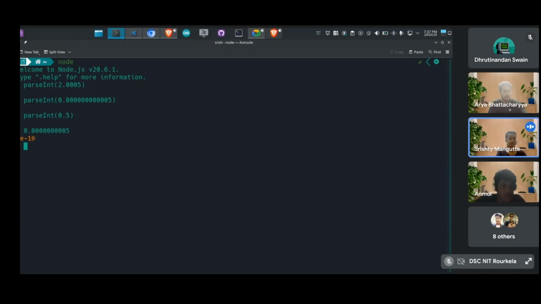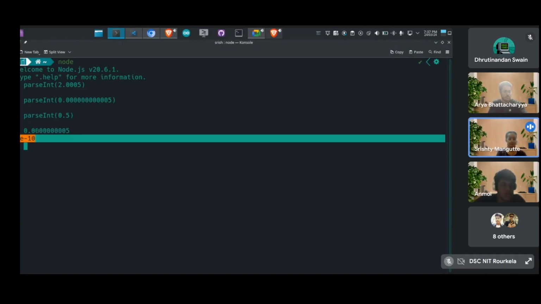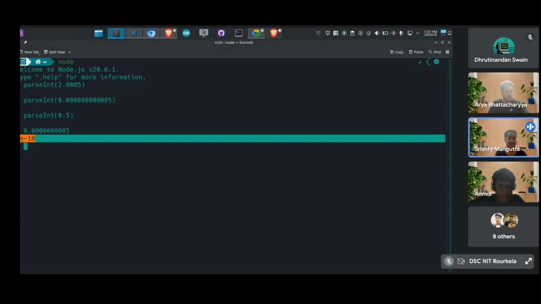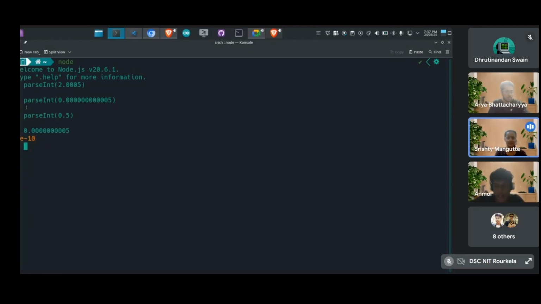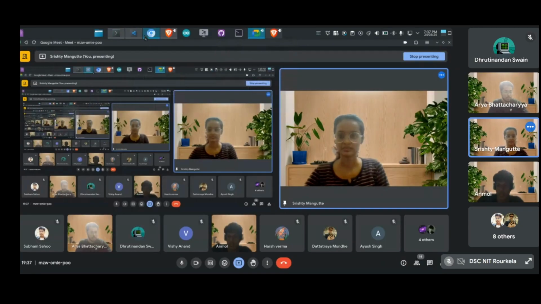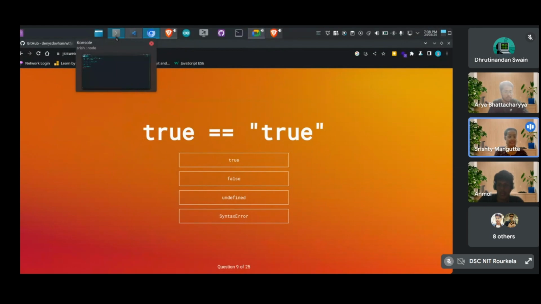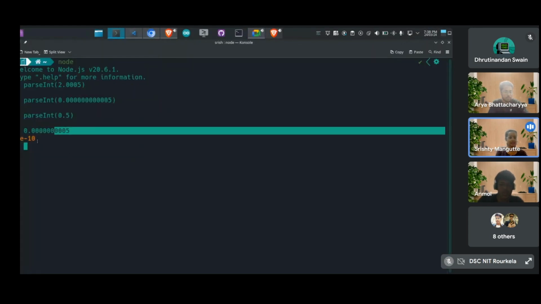Yeah, see, this is the string. 0.0005 is getting converted to 5e-10, which means 5 into 10 to the power minus 10. That's why this is showing us 5, and that's the reason why percent is giving us 5. Is everyone clear on that? So as Ruti said, this one is getting converted to this string.